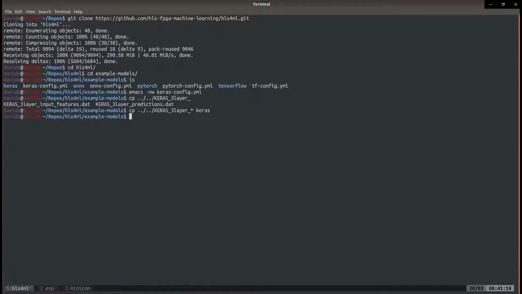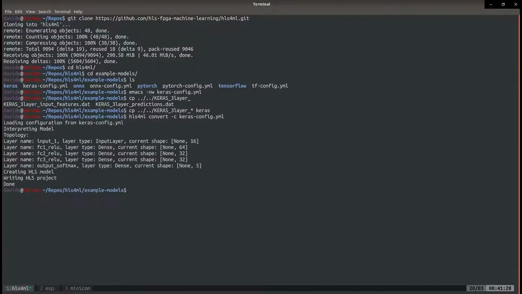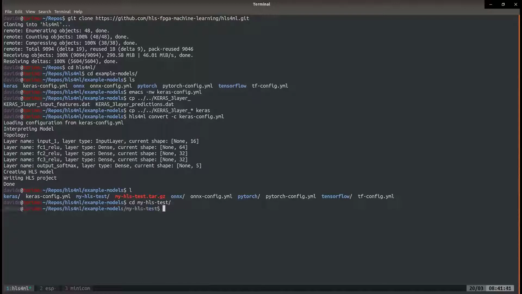Basically, we took some inputs and outputs from a branch of this HLS4ML repository, and we just made them very short. So now we're ready to convert the Keras model into a Vivado HLS accelerator. It's pretty fast. Now you see that you have a Vivado HLS project folder called My HLS Test. We're just going to go inside and run